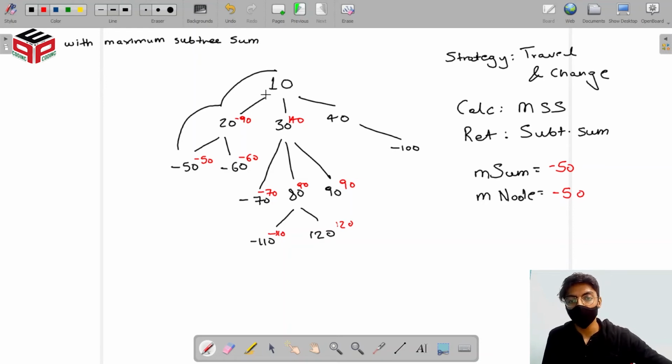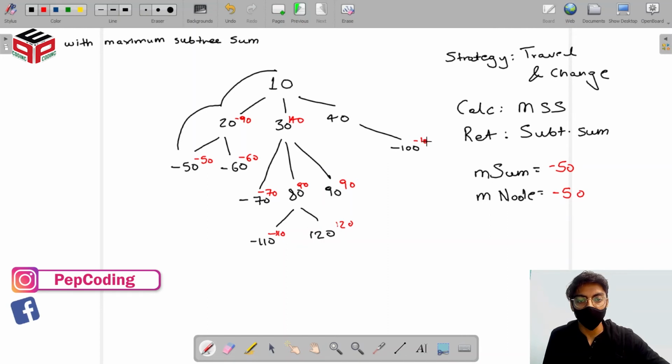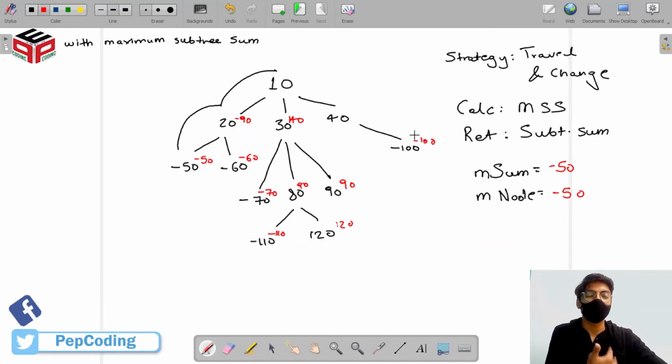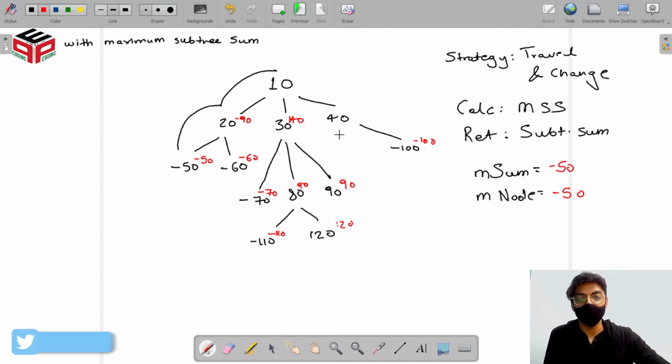We go back up, we go to the next child to calculate its subtree sum. There is no left child, so we come back, go to the right child, it's minus 100. I'm sorry, I said left and right, that's the concept in binary tree, but this particular node has only one child, so we just go to it. We return the maximum subtree sum, add the current node, we get minus 60 here, then we go back up.